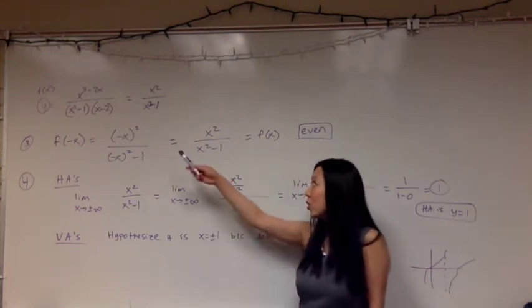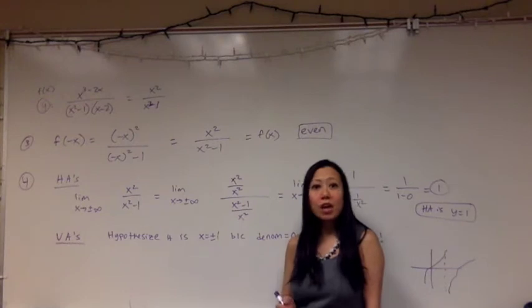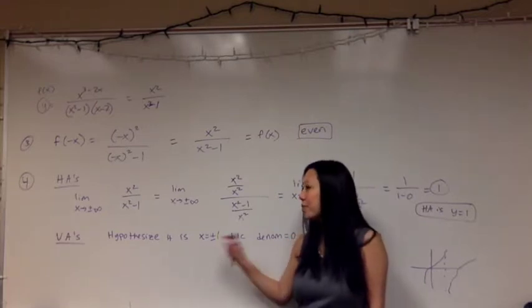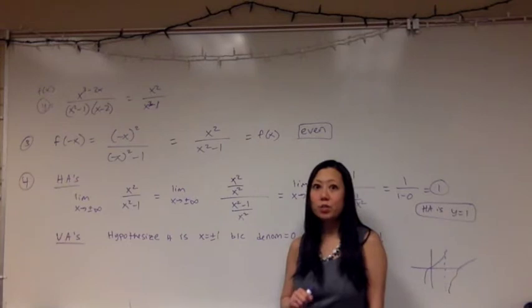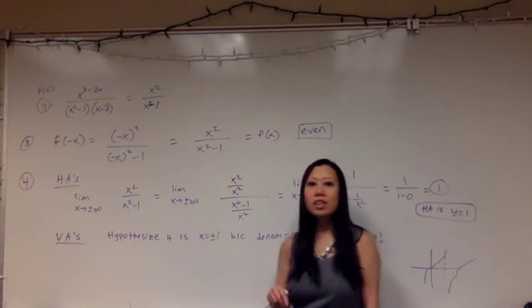We ignore the fact that x equals 2, even though that also makes the denominator 0, because we already know there's a removable discontinuity there. So we already know there's no vertical asymptote there. So let's hypothesize x equals plus or minus 1, and it probably will be, but let's prove it using the